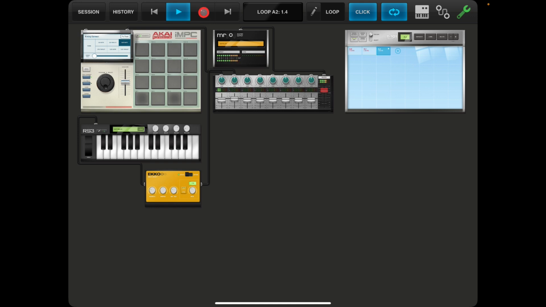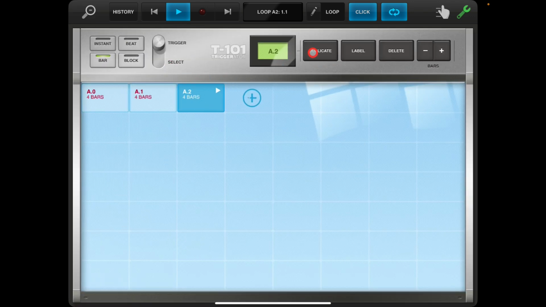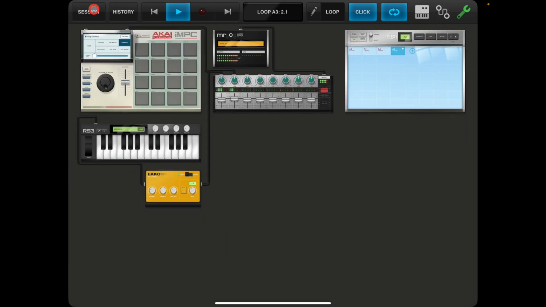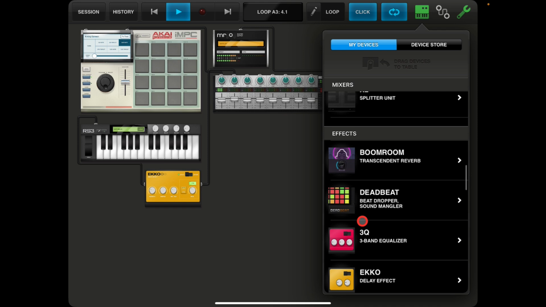Okay. Now it will auto quantize for you because apart from the IMPC, everything else will if it's part of Tabletop. So now we've got 3 patterns. Let's duplicate this one. So we're working with our new one now. Let's go and add in another instrument, maybe a